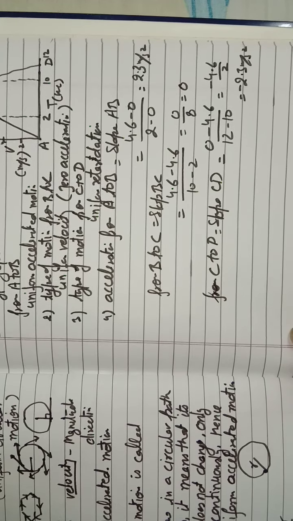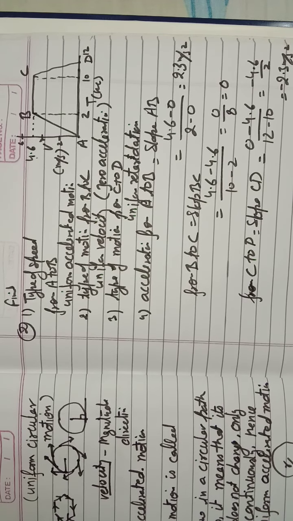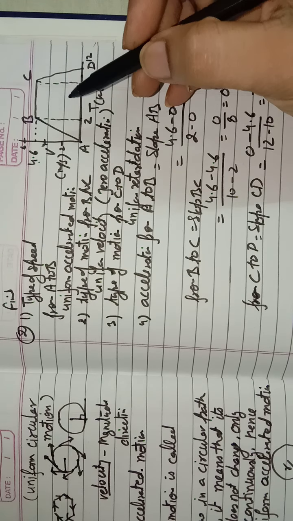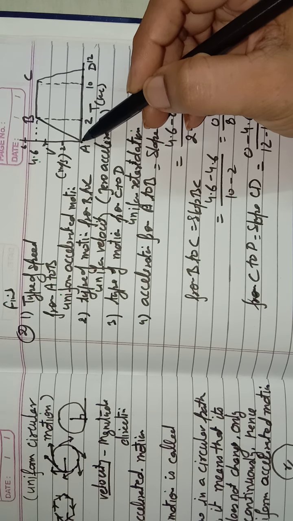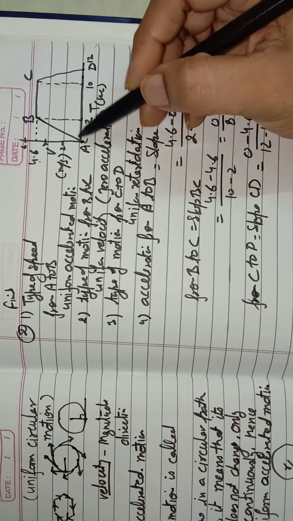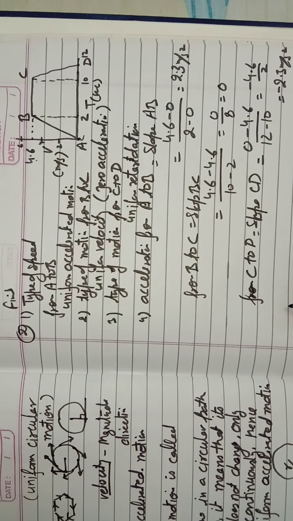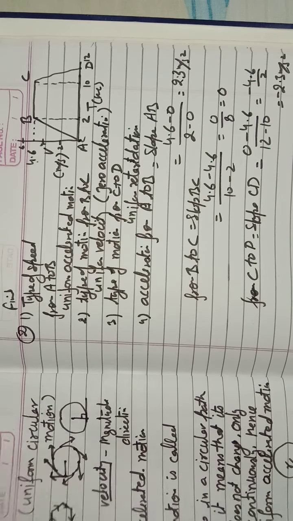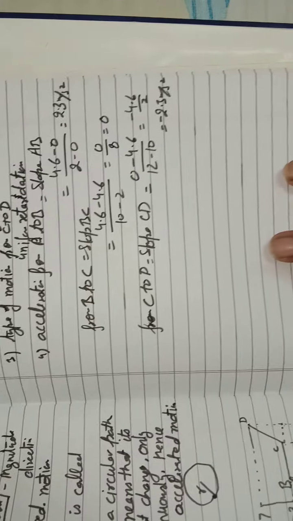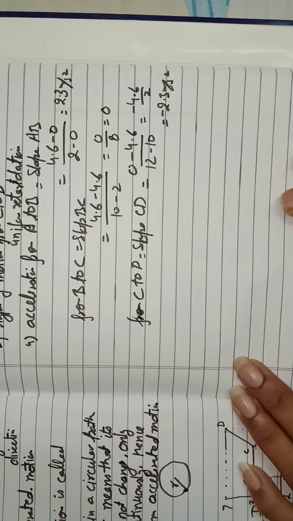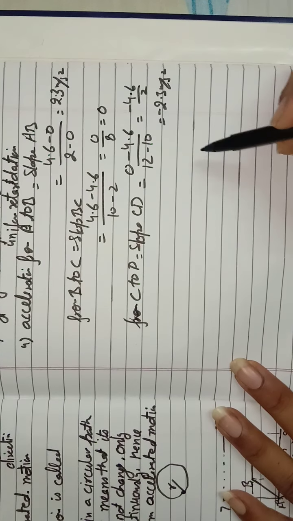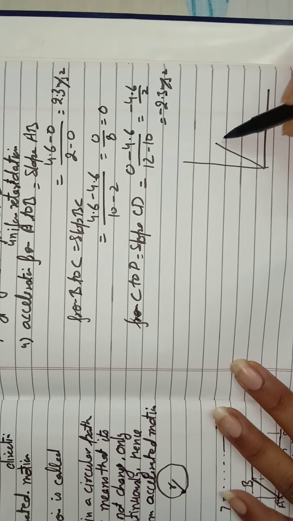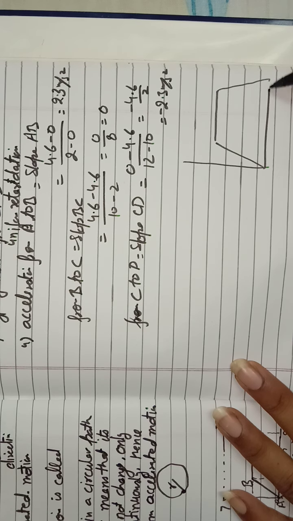Okay, if you want to find the distance from this graph, what will you do? If you want to find the distance within 2 seconds, from this point to this point, you have to find the distance. I think I have to prepare another graph for you so that I can explain how you will find the distance, because there is no space near this graph, so I have to prepare it again for you.